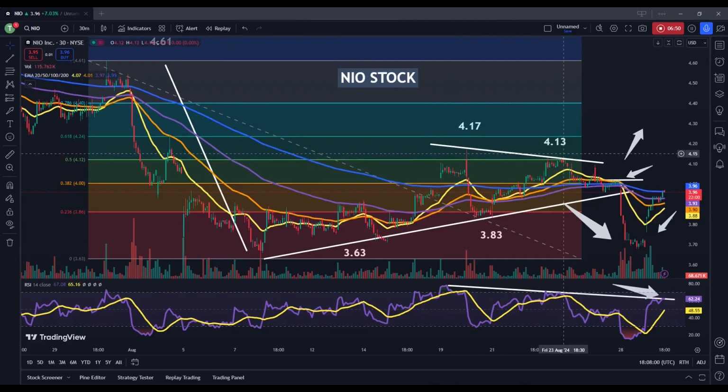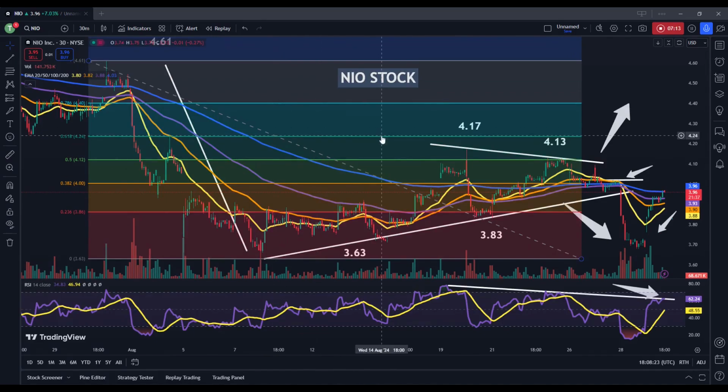The main level that I'm watching to the top side comes in at roughly $4.15. I do think that if we see a break above here, that further gains would then be possible, because this essentially marks a double top resistance zone for this stock. So the next level of support from there would come in at the 61.8% Fibonacci retracement of this declining price move into the